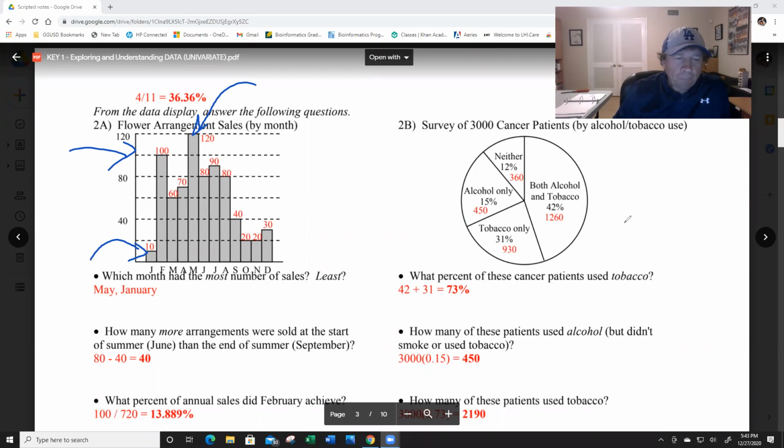And the second one, how many more arrangements were sold at the start of the summer, June, than at the end of the summer, September? So you're going to take June's total, which was 80, and go minus 40, and that's 40. Again, no problem, okay? And the last one is, what percentage of annual sales did February achieve? So February had 100, that's Valentine's Day for flowers, you know that. 100 divided by 720, and you get 13.889%,